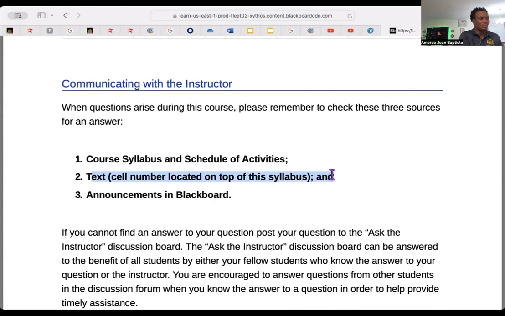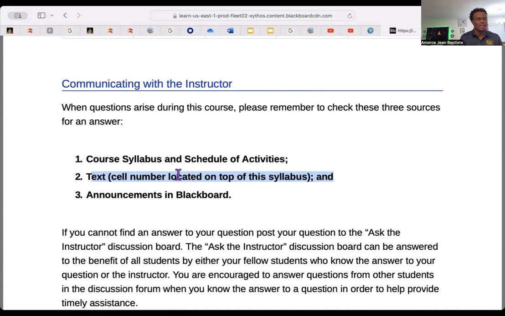I forgot to fix this. I will fix it in my syllabus. So the best way is to email me. My email. I respond to my email in about 48 hours. Less than that. You email me, please. I will respond to your email.